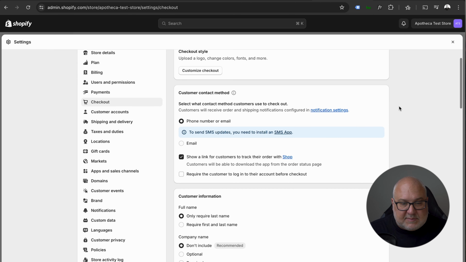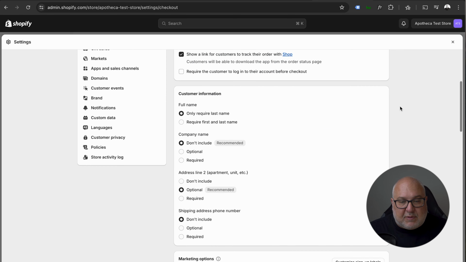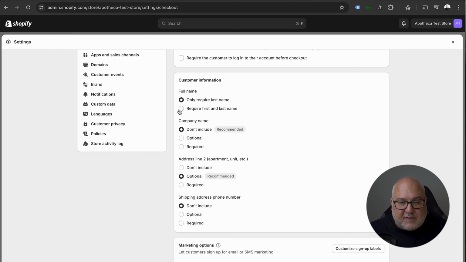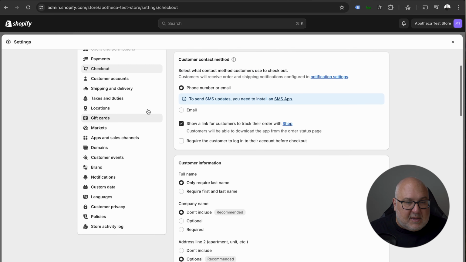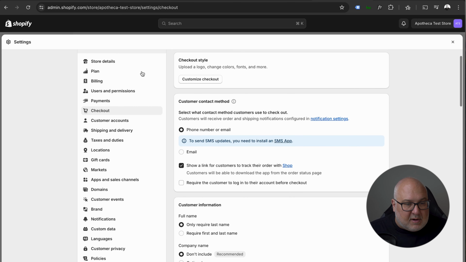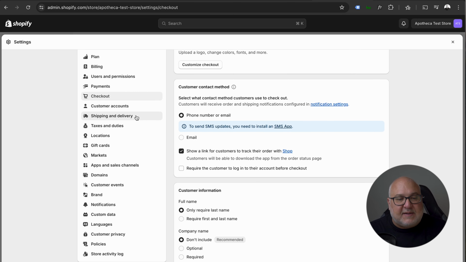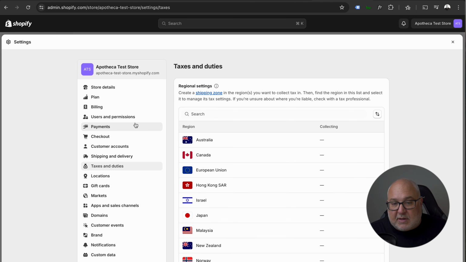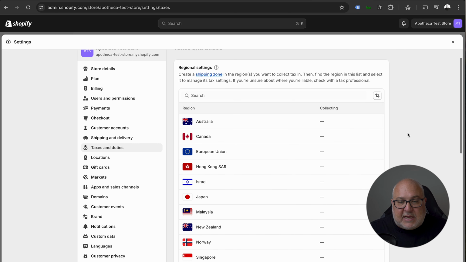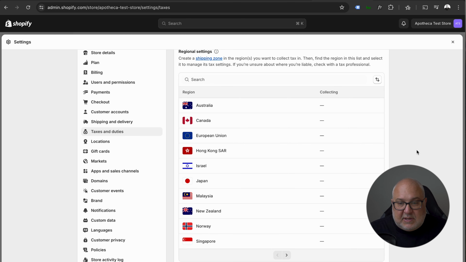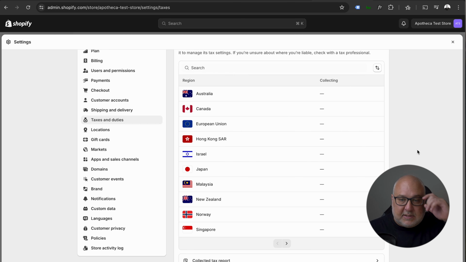More checkout customization in here. This is where you can make requirements, like require first and last name, that kind of stuff. But this is the section where a lot of the behind the scenes stuff is done, like setting up your taxes, which we highly recommend. The tax stuff that is set up in here will automatically calculate the taxes that you need to charge based on your location. But you can actually